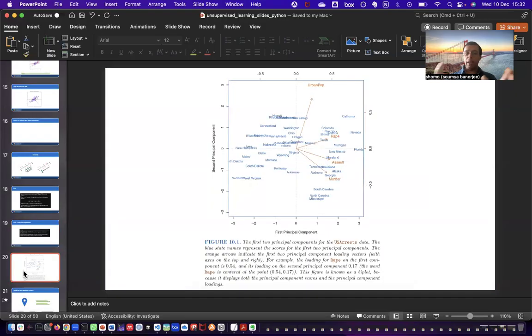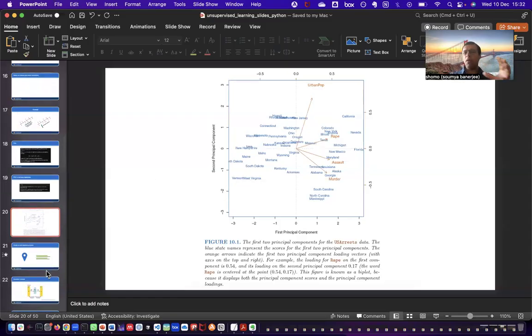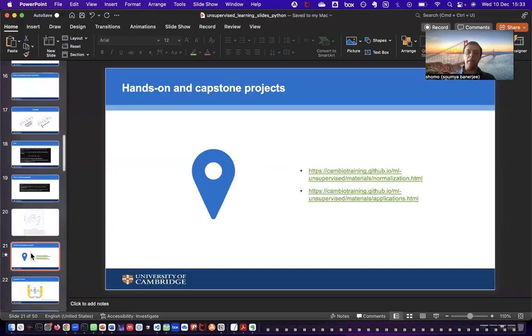And again, looking at the crime data set, you can quickly figure out different patterns in this US crimes data set. For example, California is sort of an outlier here, whereas more rural states like Vermont and West Virginia are really sort of farther along. And again, how far or how close you are in this PCA plot really tells you something very fundamental about your data that you simply wouldn't have been able to tell otherwise.